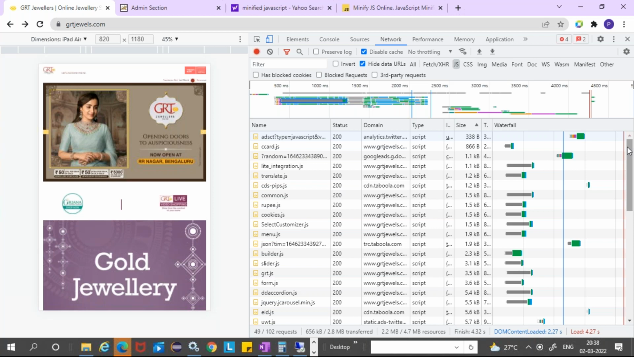So the idea is to combine a couple of these JavaScripts into one JavaScript in order to avoid round trip time. Every request will make a network call. It will get connected, then do a request, then the response will come, then the download will happen. So to avoid this round trip time, which is always costlier, if possible,